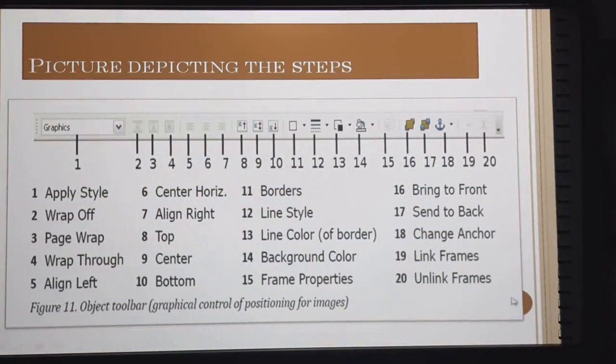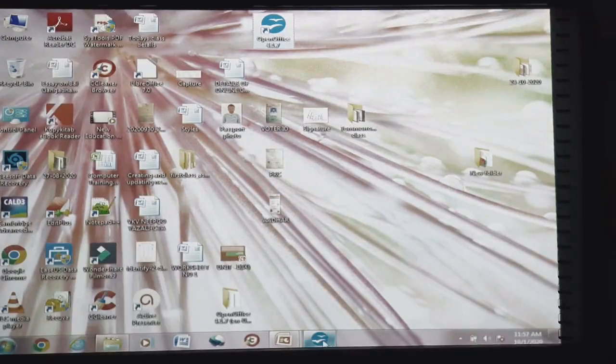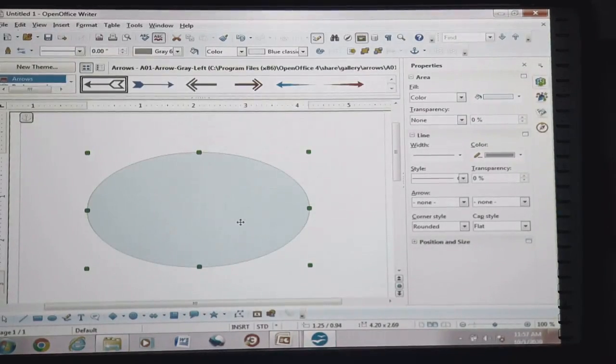So here is a picture depicting the steps. This is the picture of a graphic object toolbar, from where we can choose those settings. Here I have not shown you the concept. Simply select it, then here it will be appearing.